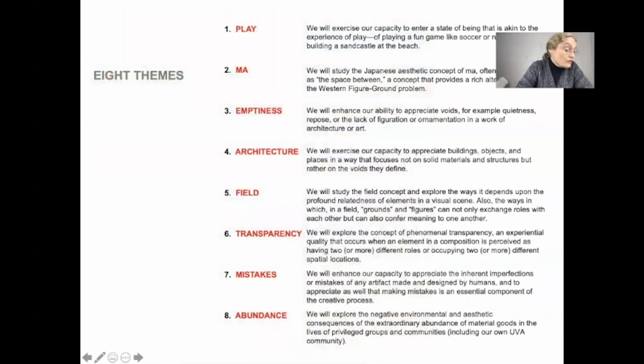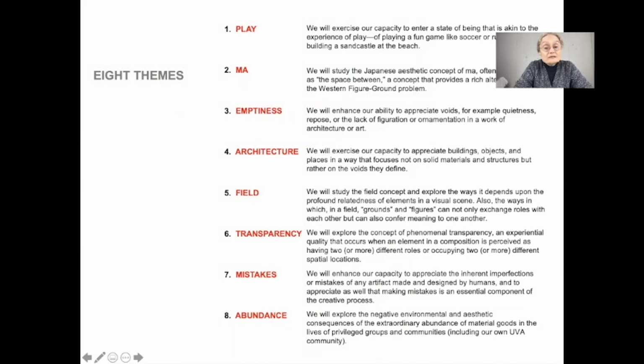In this course, we will sharpen and deepen our ability to look deeply not only at works of architecture and art, but also at ordinary objects, places, and activities. Eight related themes listed here will inform our work and we will explore each one for either a week or 2 weeks of the semester. They are play, ma, which is a Japanese aesthetic concept often translated as space between,